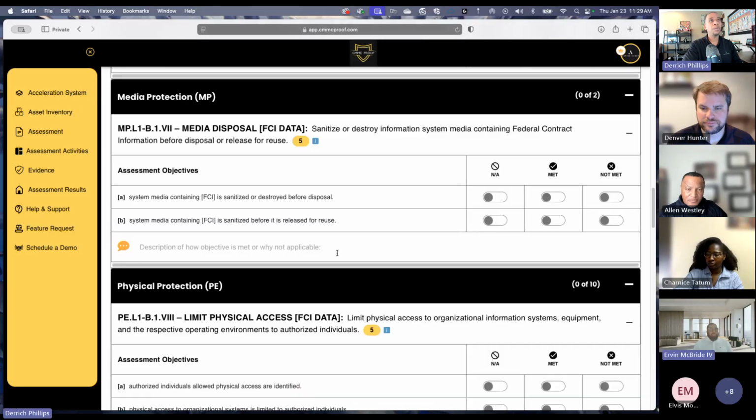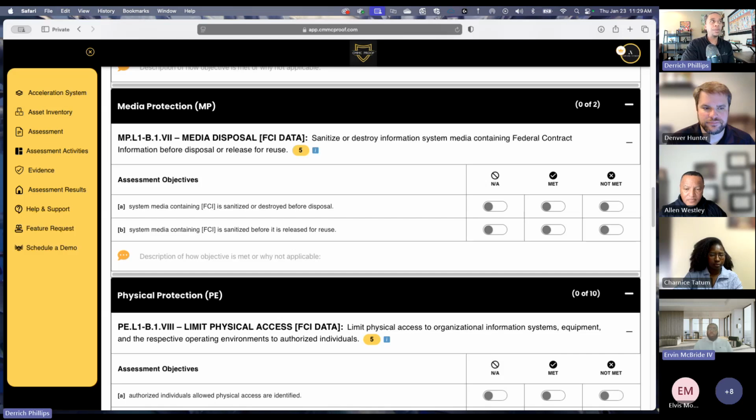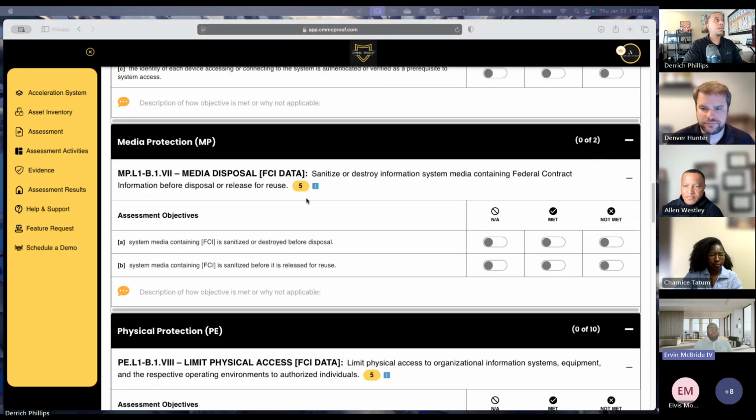We'll go right along to media protection. Who has that? Irvin, I'll let you take this one. Irvin, are you going to do media protection? Yep. So, scrolling down to media protection. Thank you for that. So, let's talk about media protection, particularly some of the most important pieces is how we handle it. So, one of the questions I wanted to ask is,